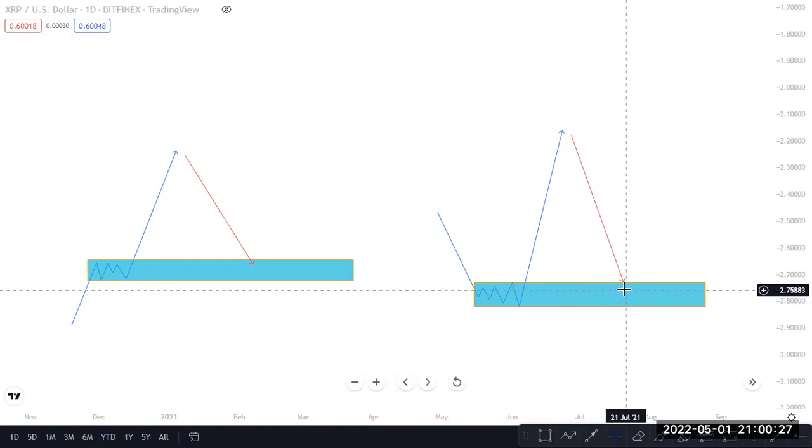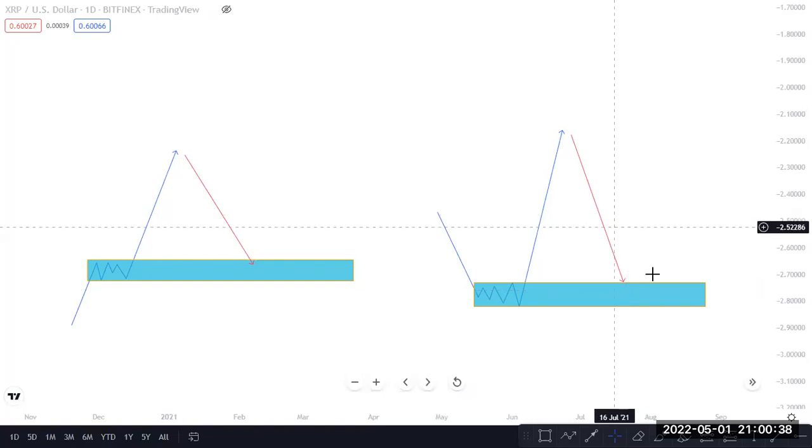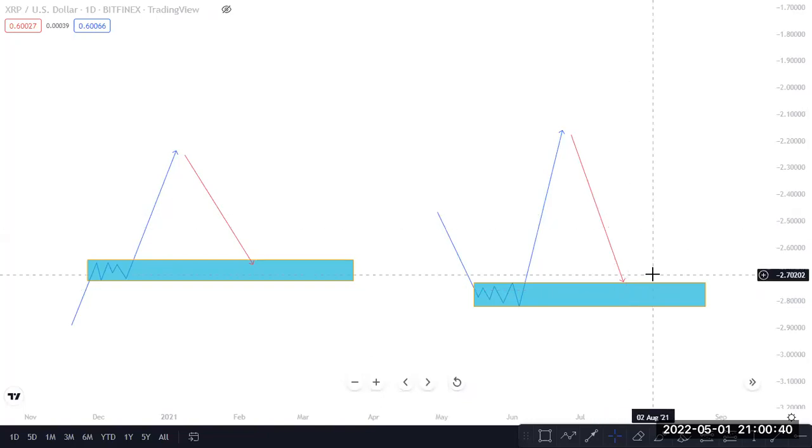So we believe that we can come back to this area since they don't use all of their capital. They divide it into 50% or into 25-25, depending on their trading strategies. So we know, okay, this is our point of interest. When this coin comes into this area, we are looking for buys.